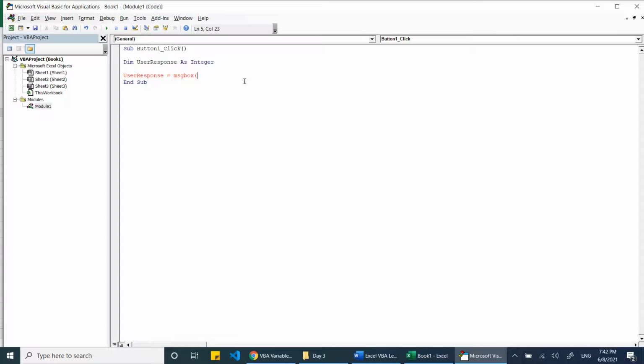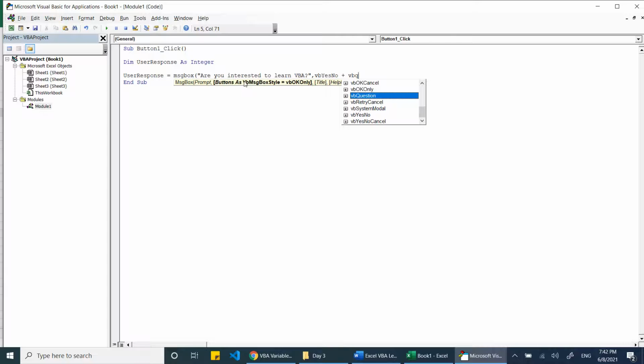So we'll practice the same coding method for everything. We start the message box in brackets, and the prompt is "Are you interested to learn VBA?", which is the text we want to display. Then vbYesNo, which we learned yesterday, plus vbQuestion, and let's ignore the title at present, and we close the bracket.